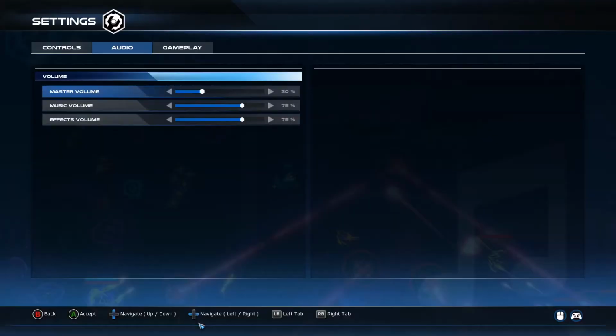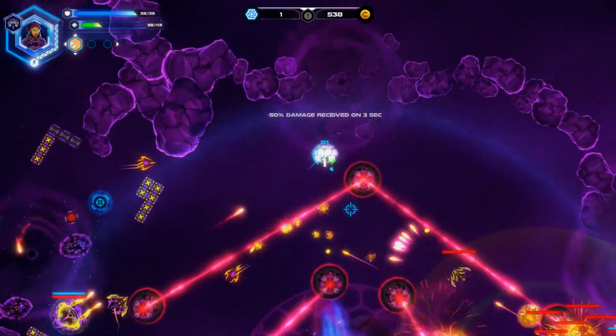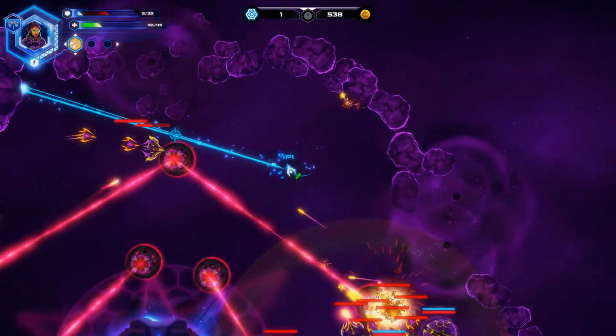I was looking for, I swear, there was a special ability, left shift. That's not... Okay, left bumper. Oh yeah, we have the shield, that's right. That's our special ability. Saying the other characters have a bomb, and I was...